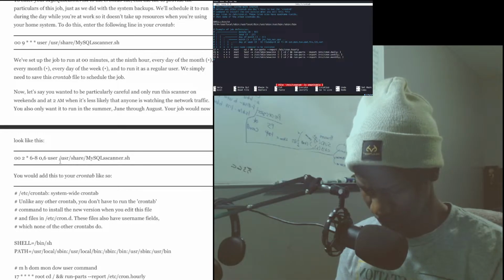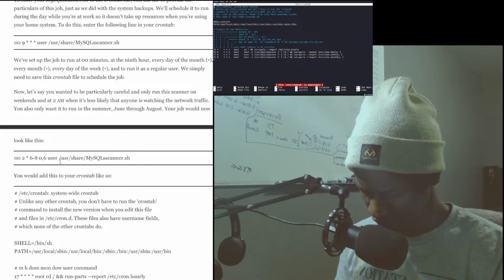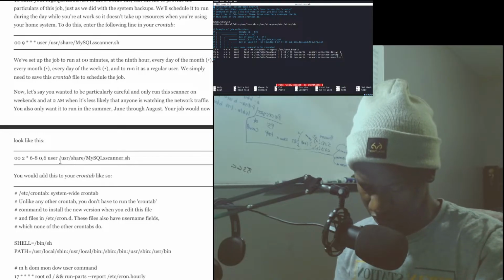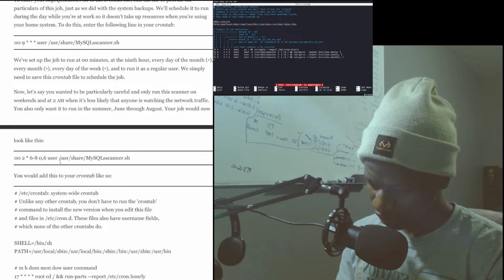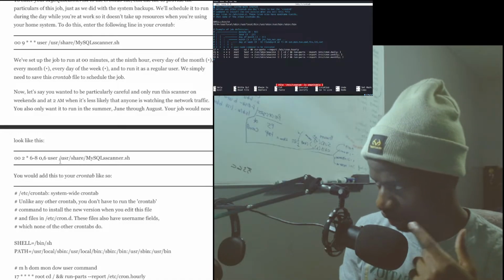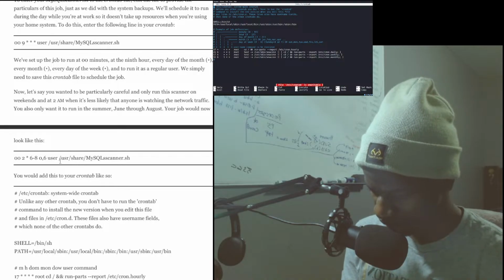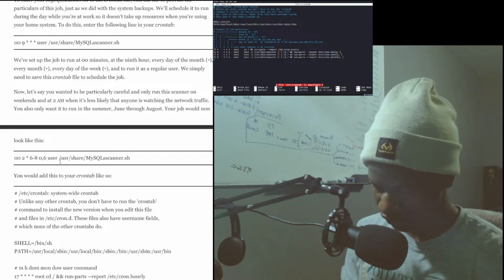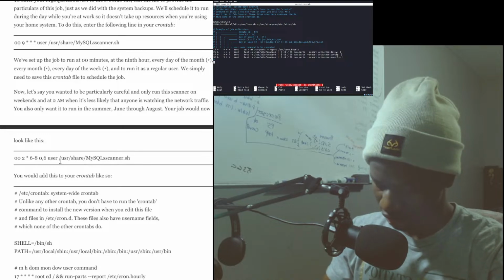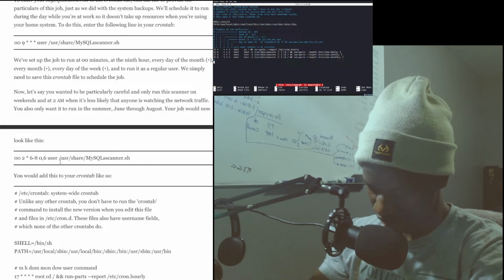With edit, okay, we set every month SQL.sh. You would add this to contab like this, right? /etc/contab. You open that, and then at the end of it, that's where you add this.